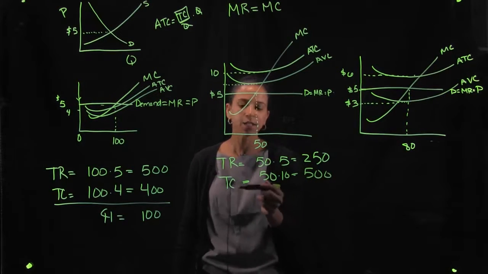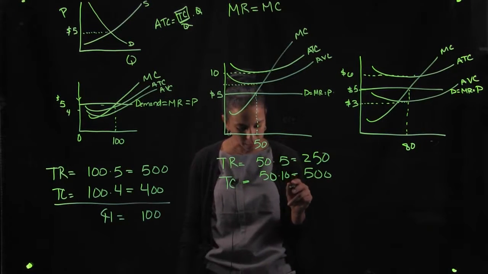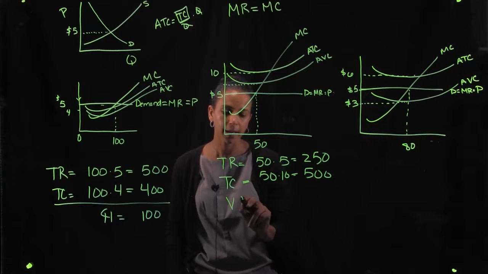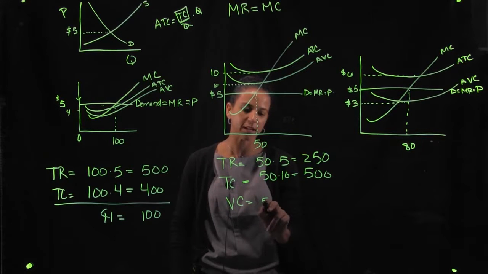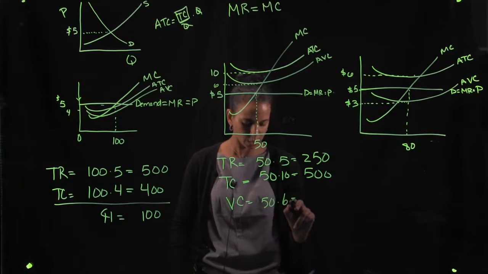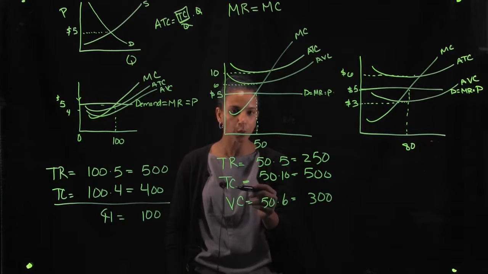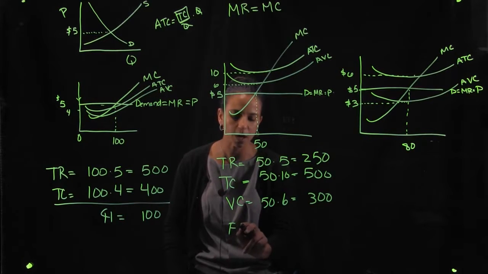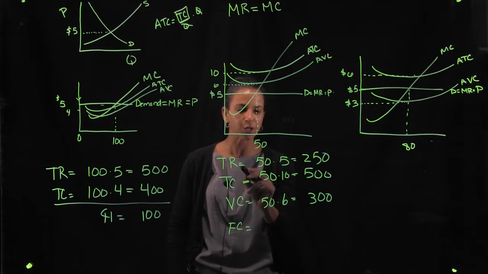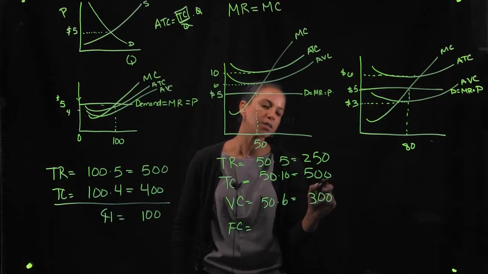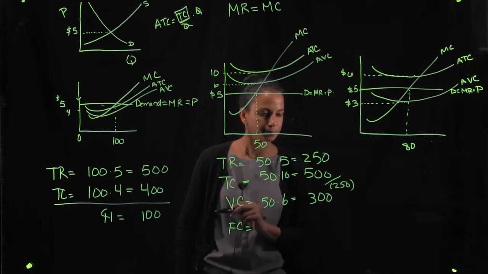All right, so I've got my total cost here, and I have my variable cost and my fixed cost. So what I want to calculate now is my variable cost. And I have that because this point here is going to be $6. So on average, we're going to say that the 50 times the 6 here is going to be the 300. What that means is that if I take my total cost minus my variable cost, it means my fixed costs are equal to 500 minus 300, all right? And I already know right here from looking at total revenue and total cost, this firm is making a loss, right? I can already see here that they are negative 250, right? But to determine